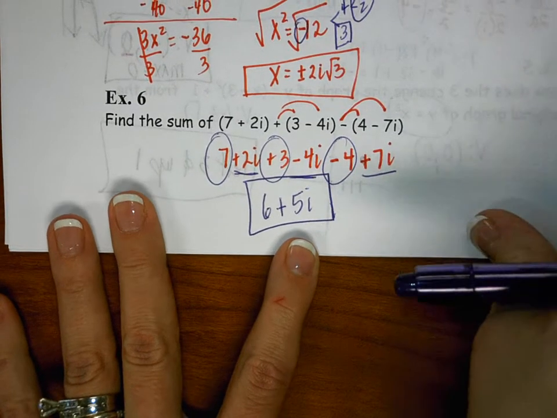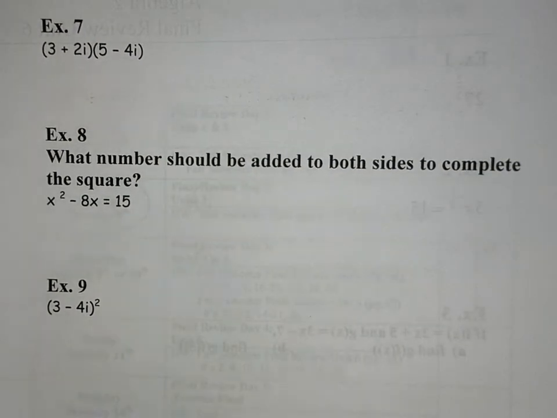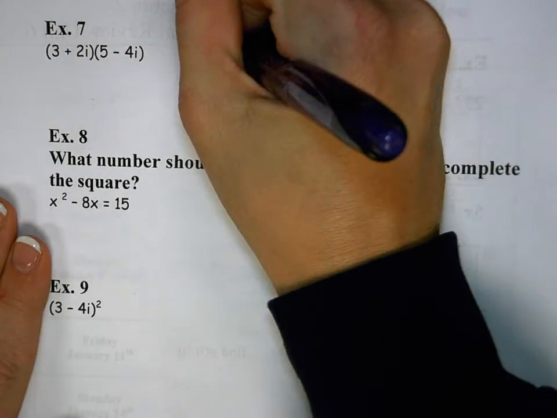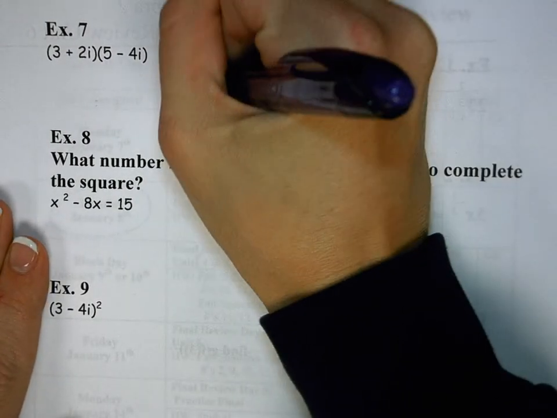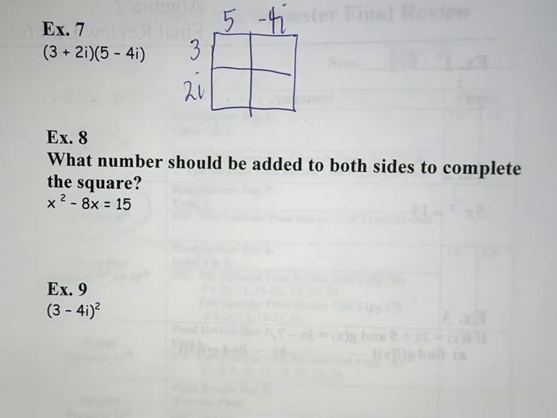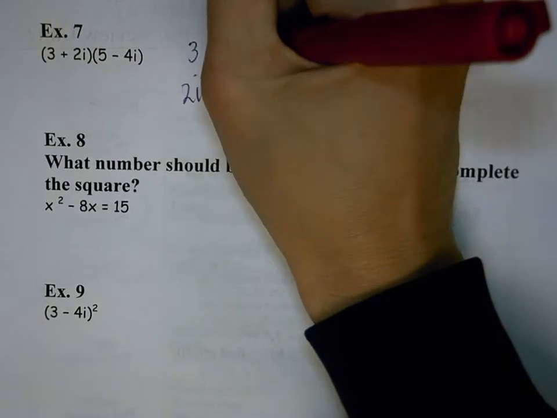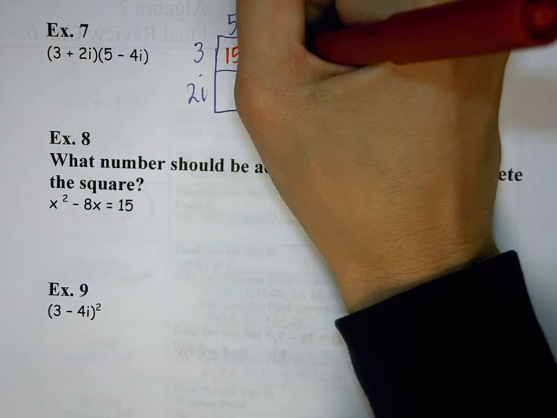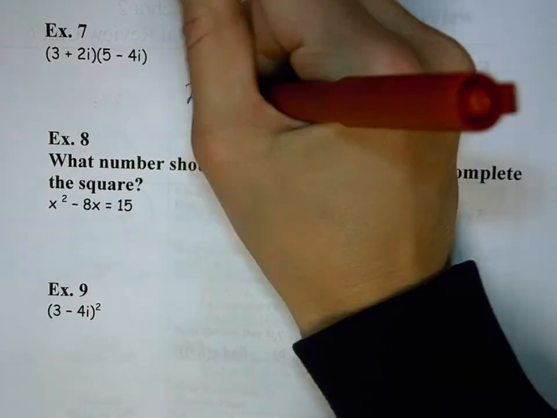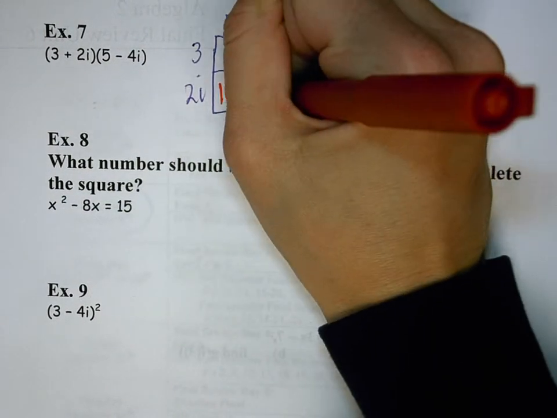Questions? Okay, moving on to the back. What will I do on example 7? Box method. Normally I'd have you do this on your own, but we're running out of time today. So let's go ahead and do our box together. So we have 3 and 2i and 5 and negative 4i. When we multiply, 3 times 5 is 15. 3 times negative 4i is negative 12i. 2i times 5 is 10i. Good. And then 2i times negative 4i is negative 8